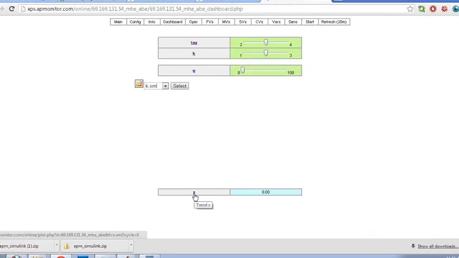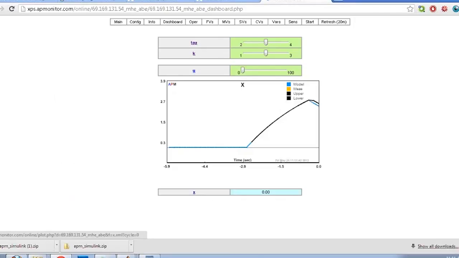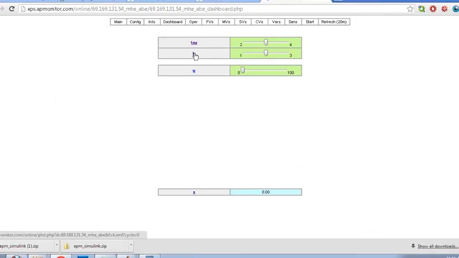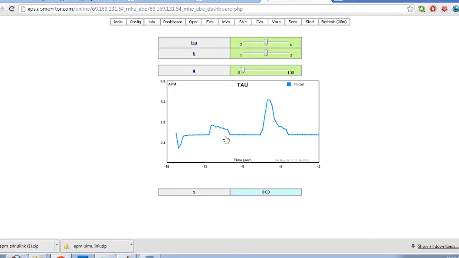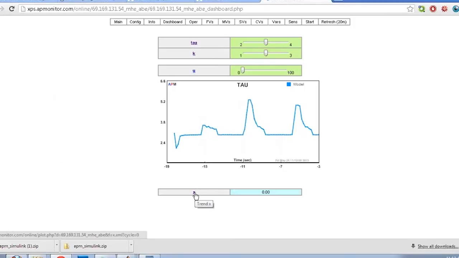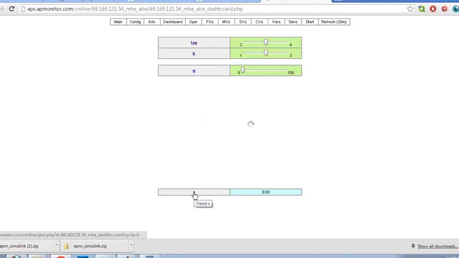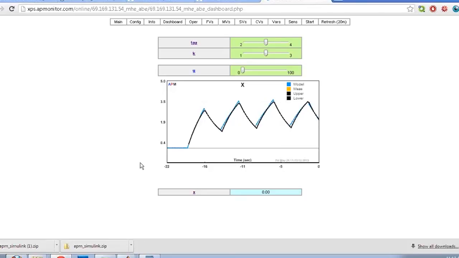So we'll see it as it goes, kind of in a sequential fashion, getting new measurements, new data, and we'll see how good it does in terms of estimating these. So we gave it a pulse input. So we've got our K value and then our tau value. So it looked like it was off a little bit when it makes those steps, but I was able to get fairly good alignment there between the measured and model values. There might be some kind of